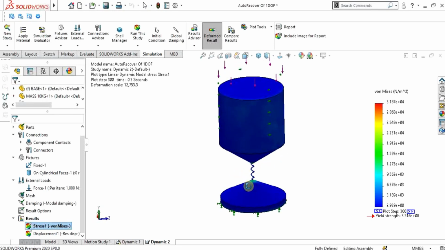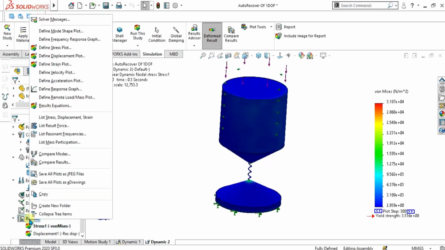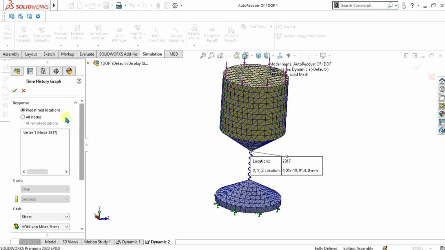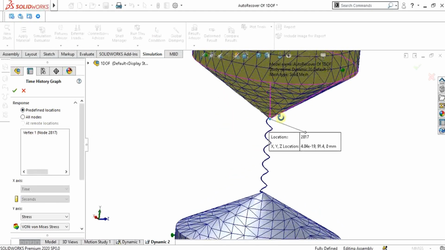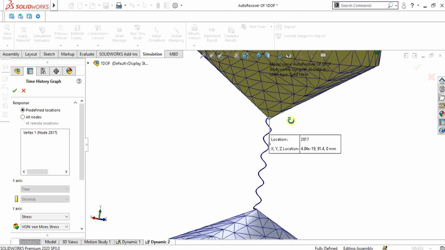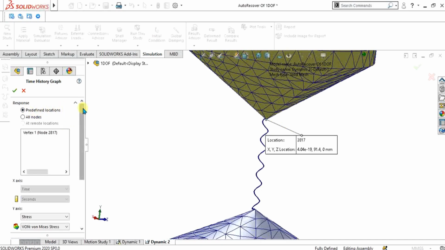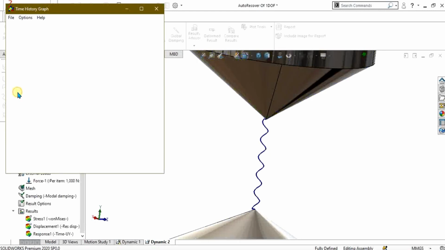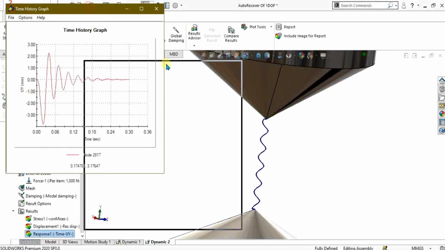Now the main purpose of our tutorial was to define the response graph. For that, go to results and select define response graph from here. You can see that we have the predefined location, where we have defined the sensor. Select predefined location from here. We are going to see the displacement with respect to time, so we are going to see the y displacement. Select OK. So we have this graph.